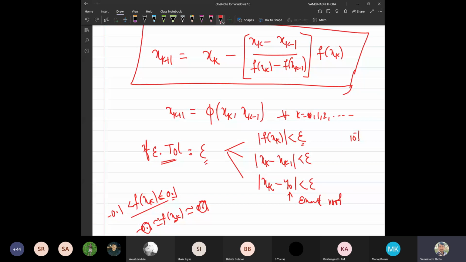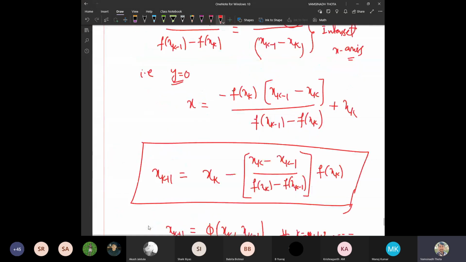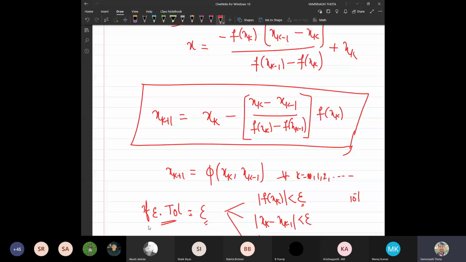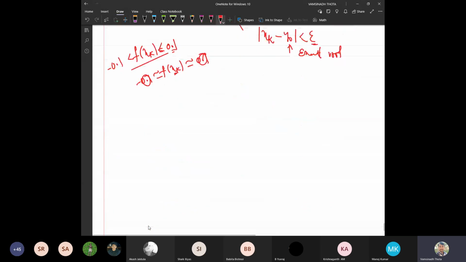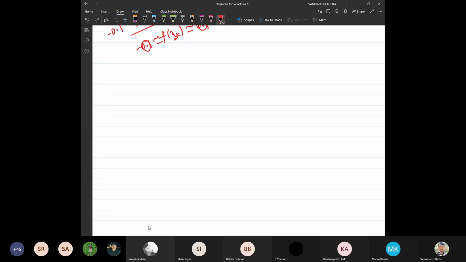Exact root. It is practically no meaning. If you know the exact root, then why are we going for the approximate solutions? But mathematically, for the sake of problems, the exact root will be given to you. Now I will ask you, find the kth approximate solution, so that the difference between the approximate solution and the exact root is within the error tolerance. So this is what we call the secant method, and with the help of the secant method, we can get the solution of a one variable equation.